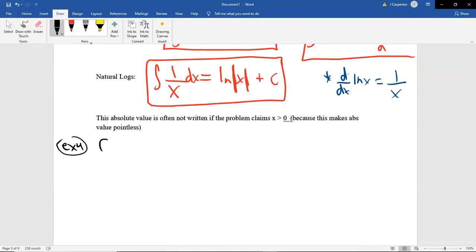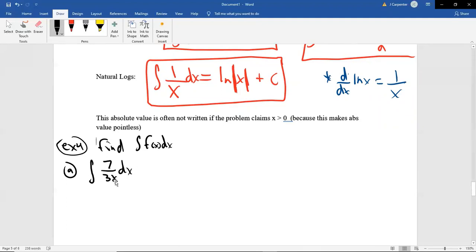Once again, we're going to find the integral of f of x dx. A. The integral of 7 over 3x dx. There's an x in the bottom. There is only an x in the bottom. It does not have any other exponents. This is that special case. This is not the power rule.